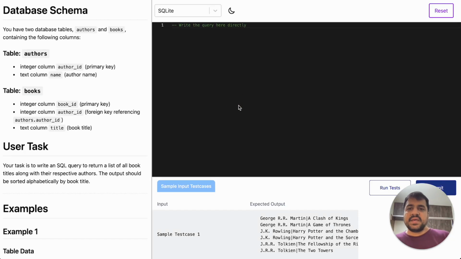Hello there. In this video, we're going to look at how you can create a custom SQL test. We'll start by looking at it from the candidate's perspective, and then we will show you how you can create the same problem on your own. All right, so this is a SQL test where you can see on the left the problem statement,